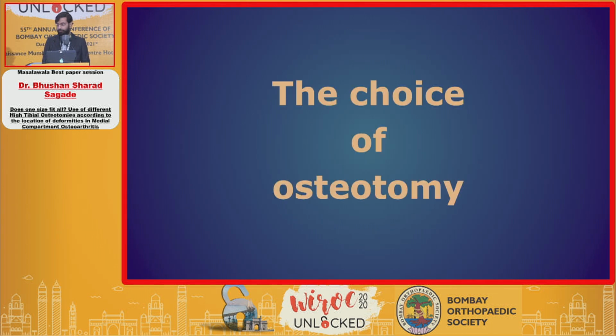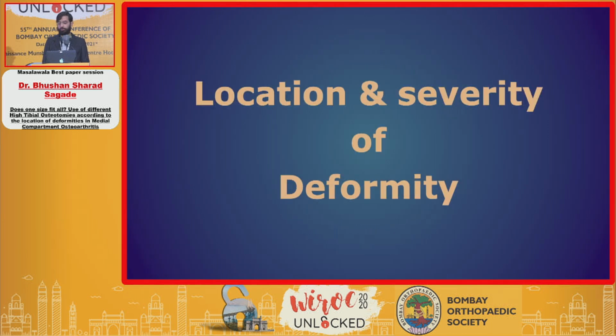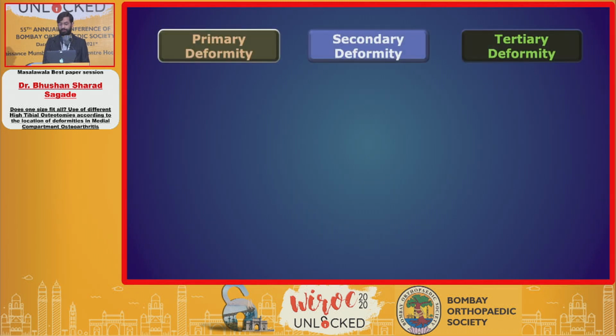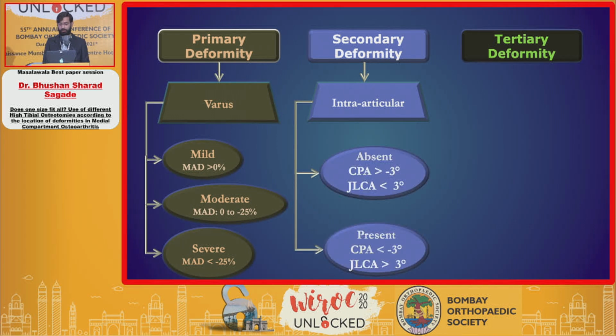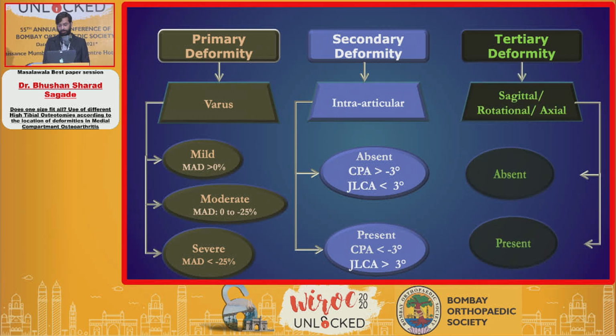To conclude, the choice of osteotomy depends on the location and severity of the deformity. The primary deformity is a varus deformity, which can be mild with a mechanical axis deviation of greater than 0%, moderate with a mechanical axis deviation of 0 to minus 25%, and severe with a mechanical axis deviation of less than minus 25%. The secondary deformity is an intra-articular deformity, which is characterized by the presence or absence of an abnormal CPA and a JLCA. The tertiary deformities are in the sagittal, rotational, and axial planes,